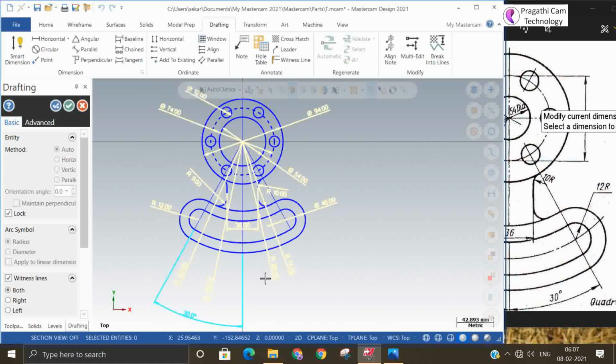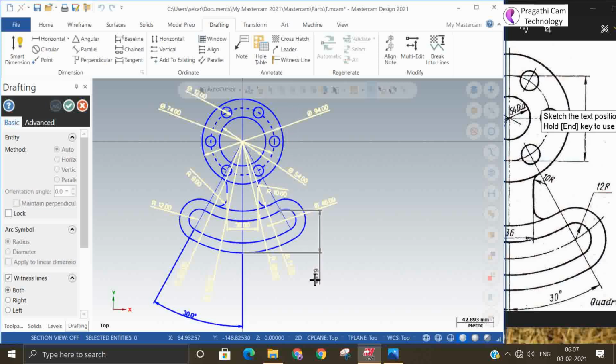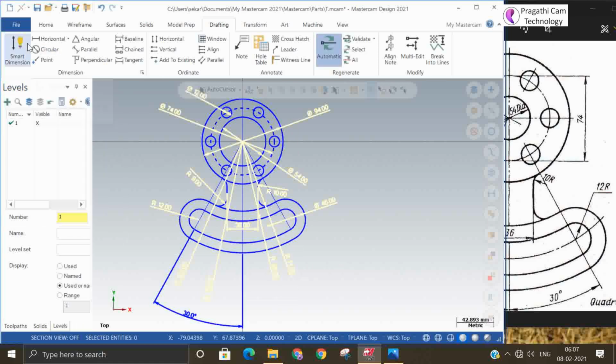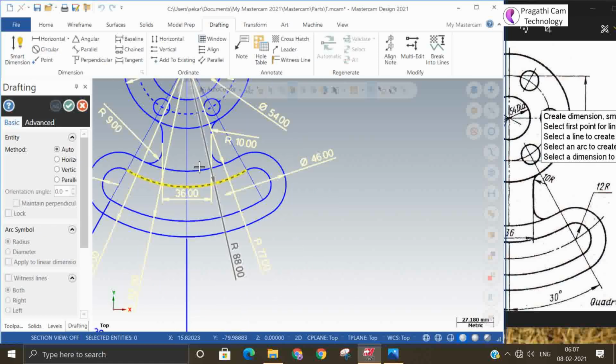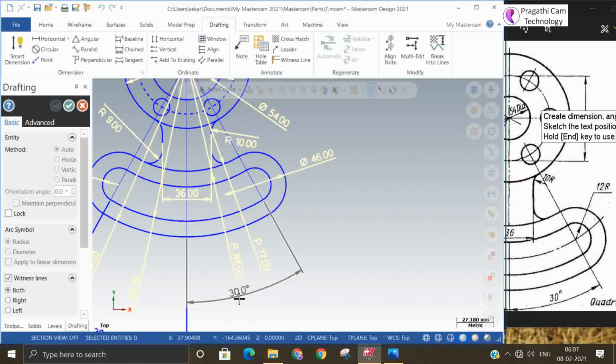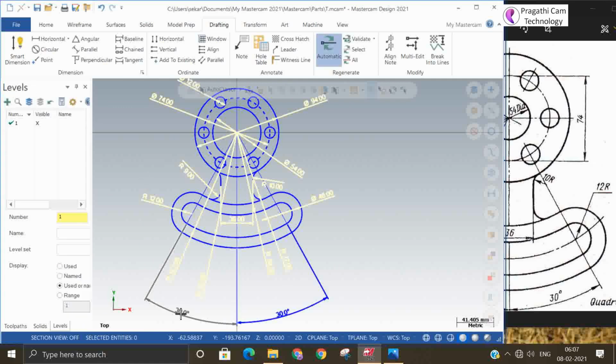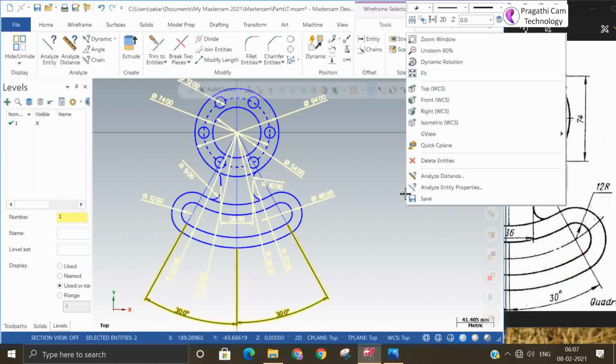The other side also you can select and get the angle. Okay, so we have done this angular dimension also.